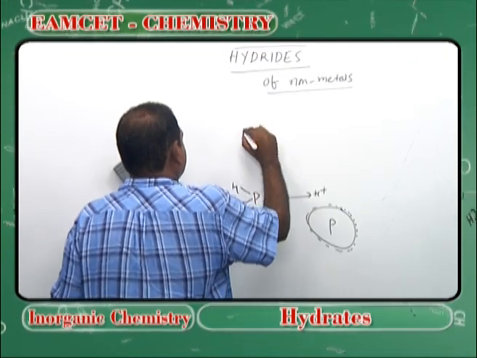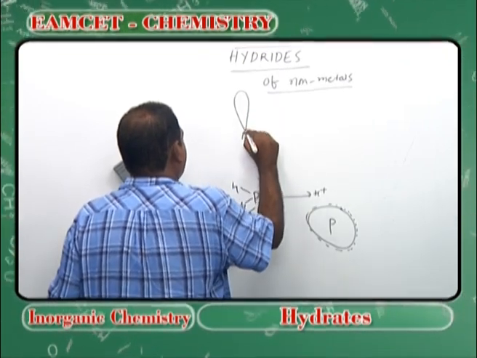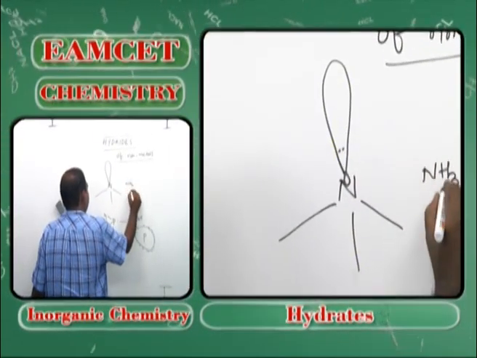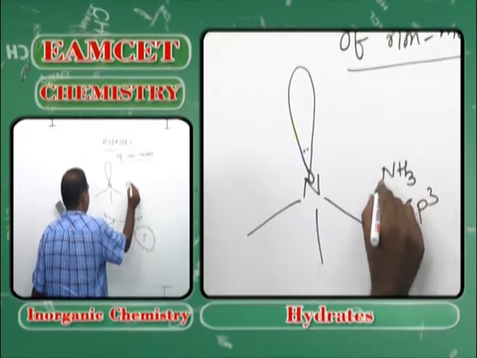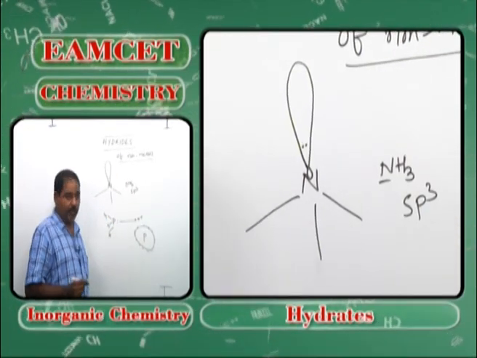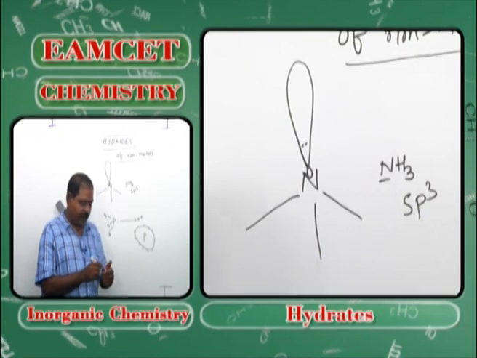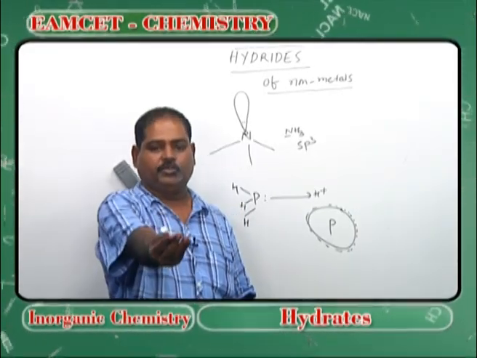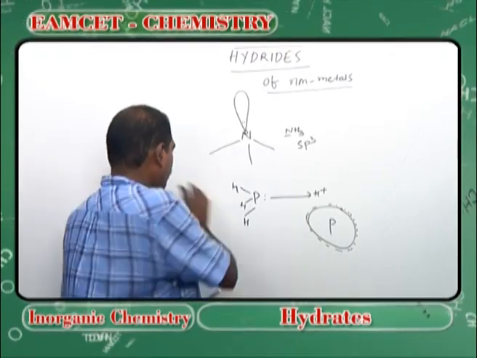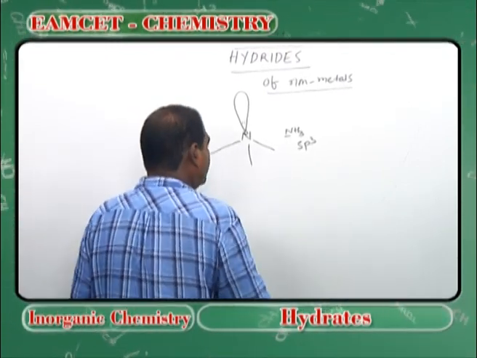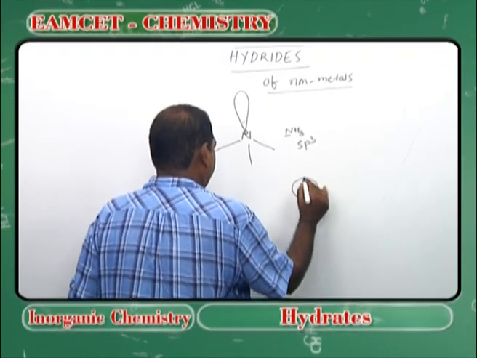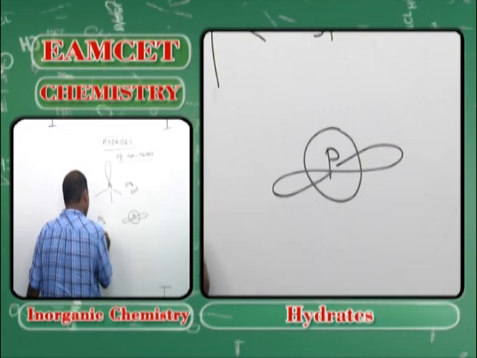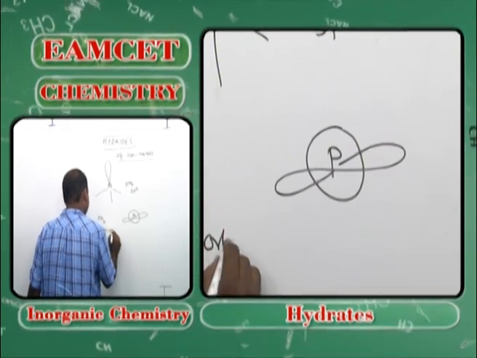The lone pair on nitrogen is present in a directional sp3 hybrid orbital. This means ammonia undergoes sp3 hybridization, nitrogen undergoes sp3 hybridization, and the lone pair is present in a directional sp3 orbital. Nitrogen is offering the lone pair like this, whereas in phosphorus, the lone pair is present in a non-directional s orbital, which means in phosphine, pure orbitals participate,